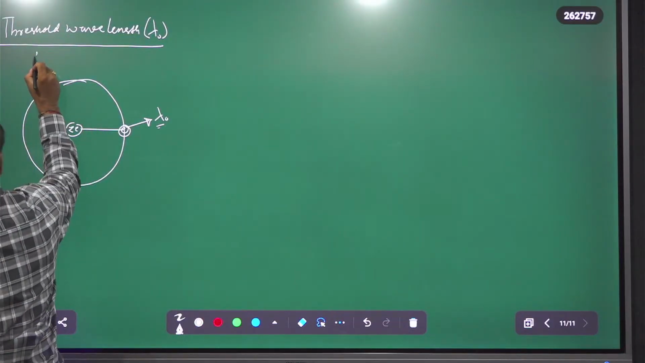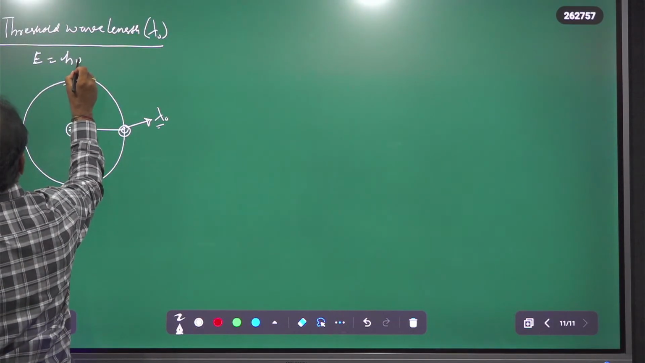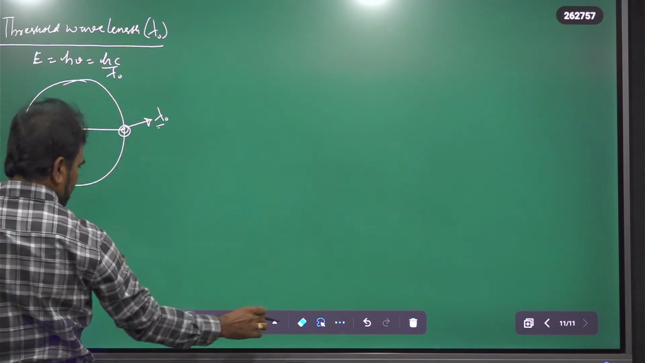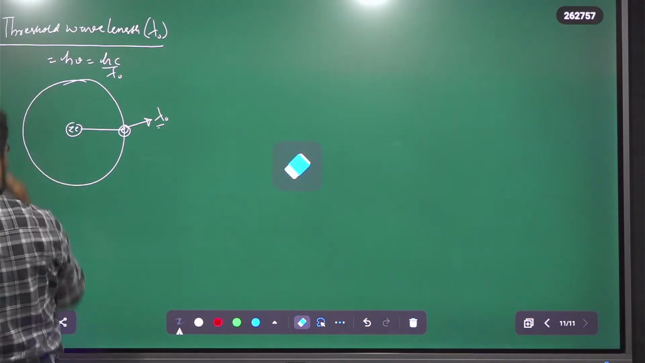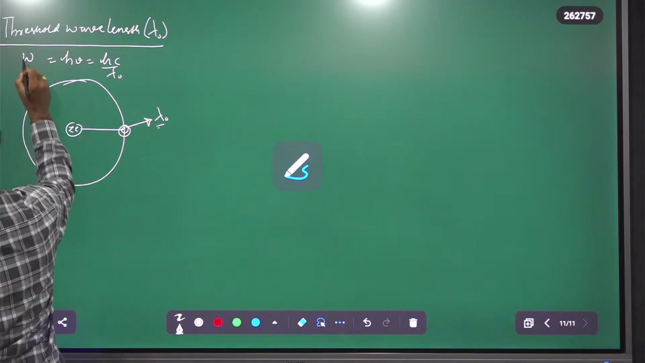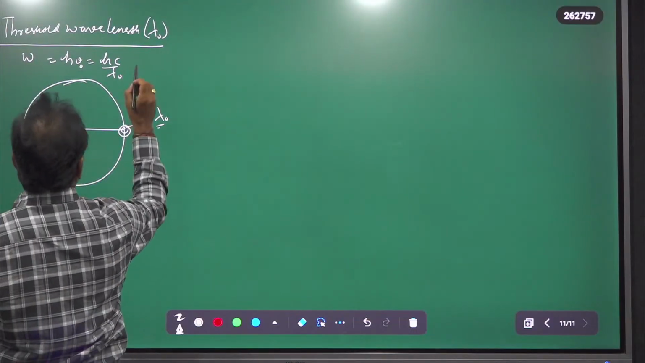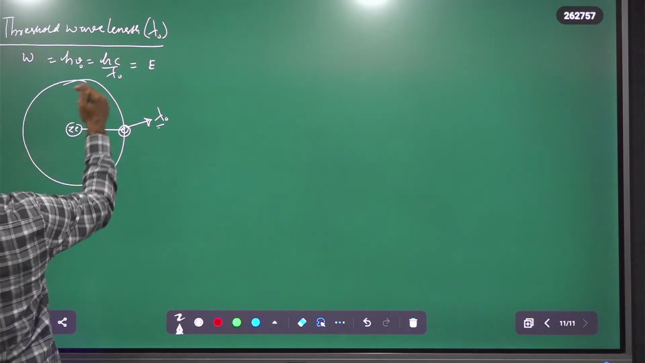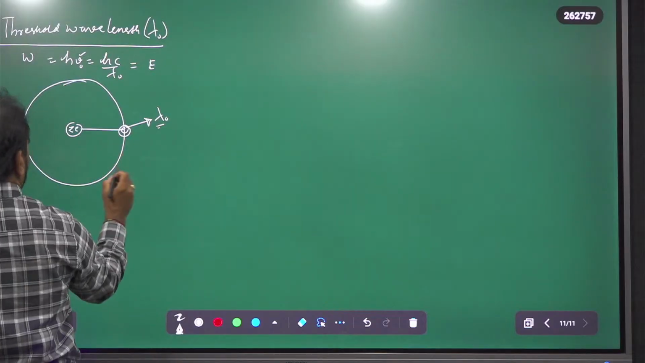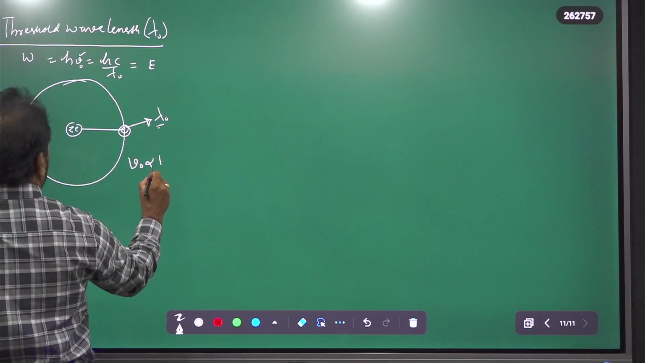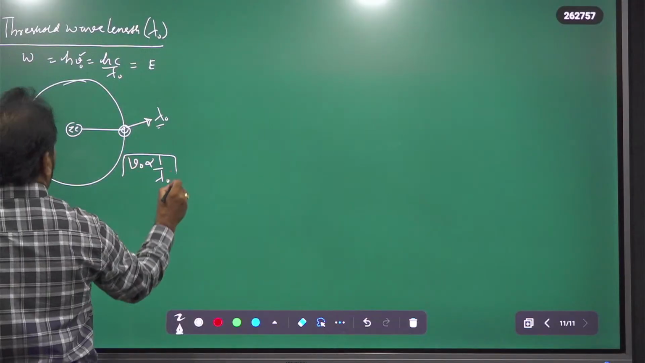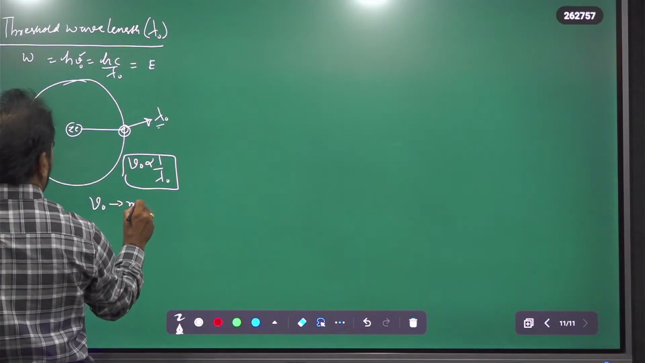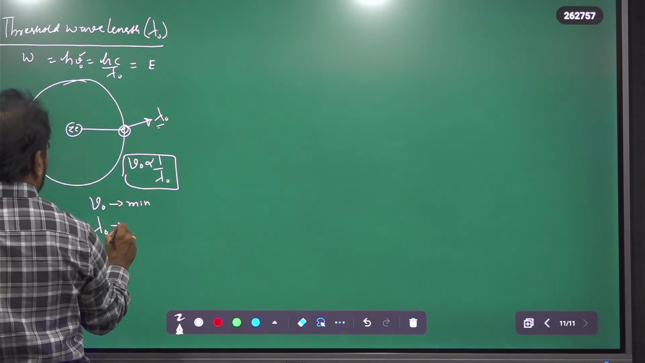Because E is equal to h nu, as we already know, that is equal to hc upon lambda naught. So you can take this as the work function. That is, work function W is equal to h nu naught, which is equal to hc by lambda naught, or this is also E, the energy of a photon. That means it has a minimum frequency. So from this it is very clear that nu naught is inversely proportional to 1 by lambda naught, where nu naught is a minimum,